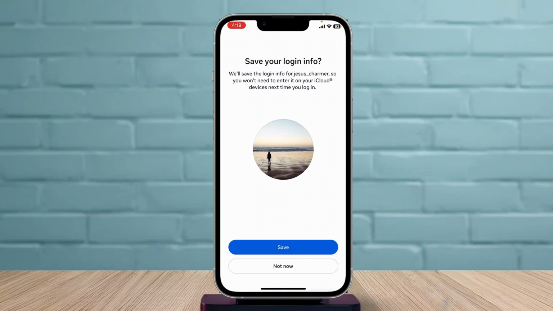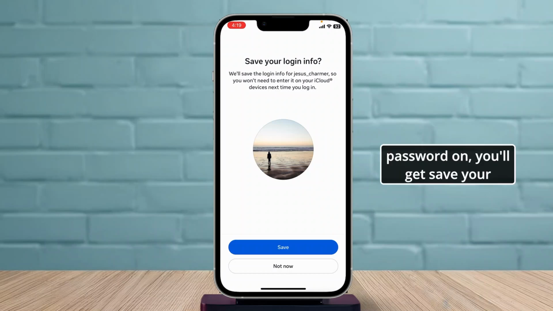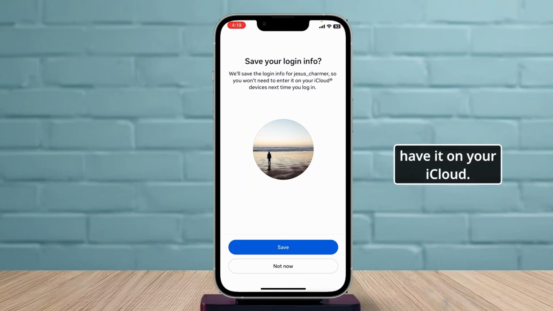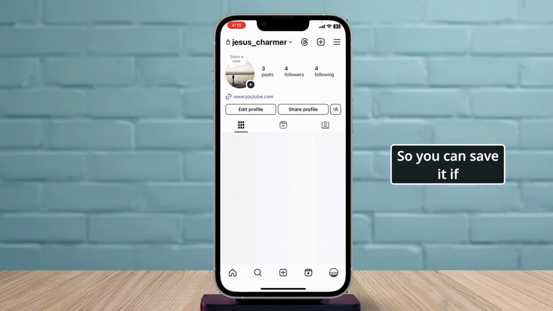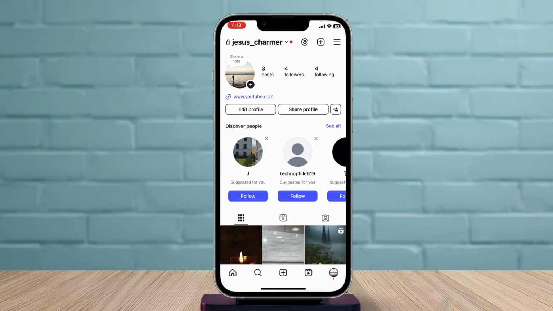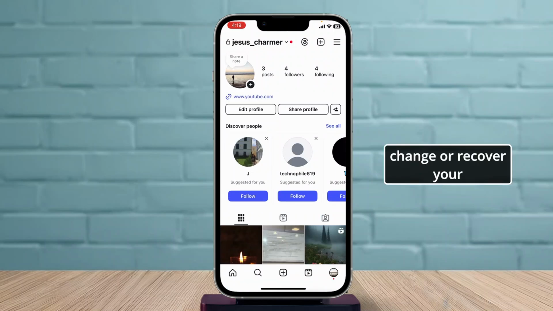So after you type in the code received in your mail, all you have to do is change your password, or if you don't get this change password option, you'll get save your login info if you have it on your iCloud. So you can save it if you want, and there you go. Now you can also change it into a new password. And there you go. That's basically how you change or recover your